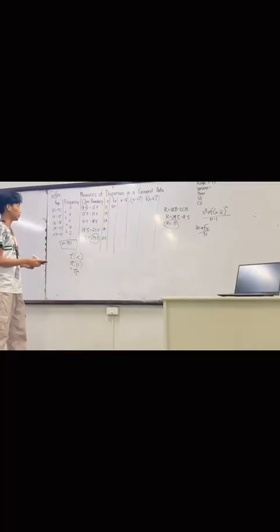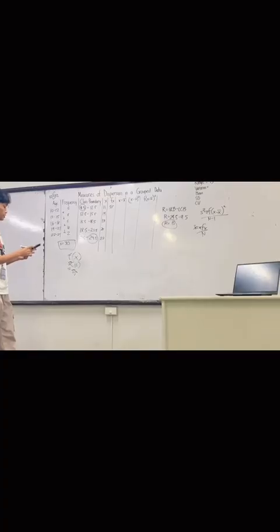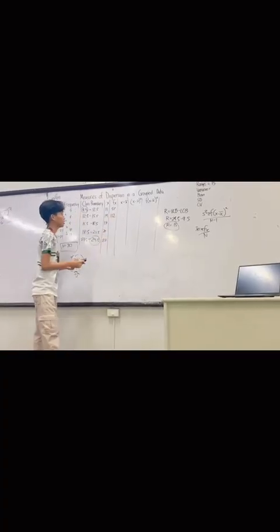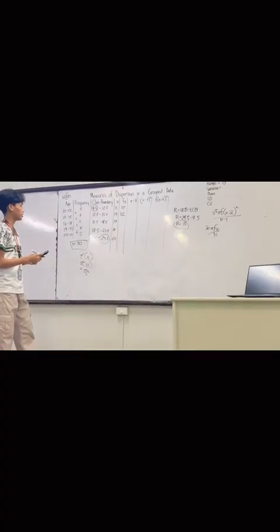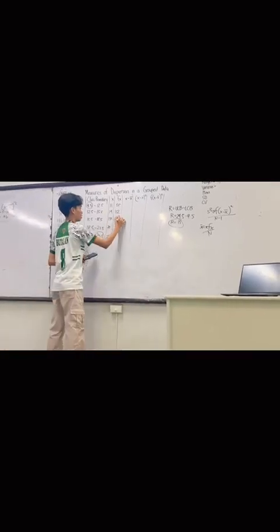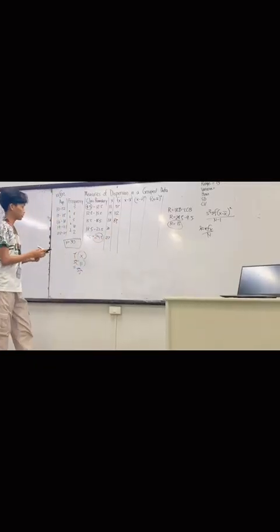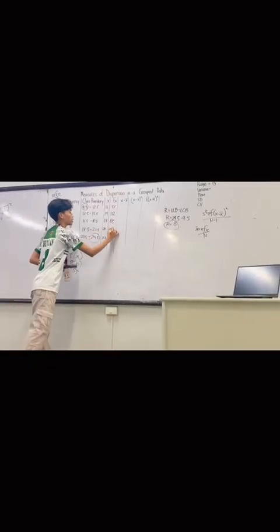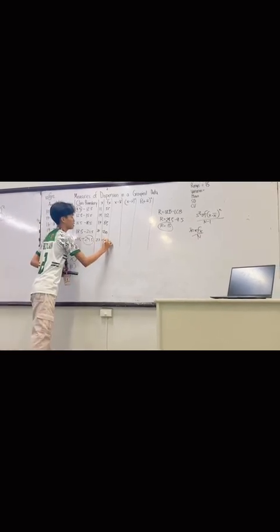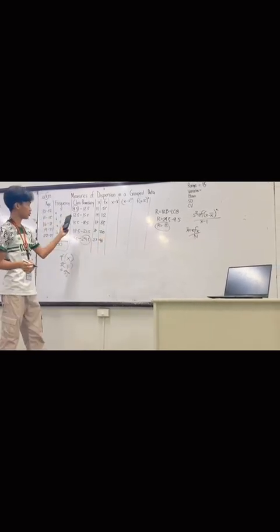Next, we add 8 times 14, which is 112. Next is 5 times 17, 85. And 20, 200. And 23 times 2 is equal to 46. So that's it. We have identified